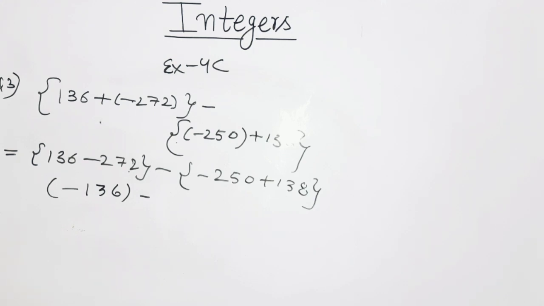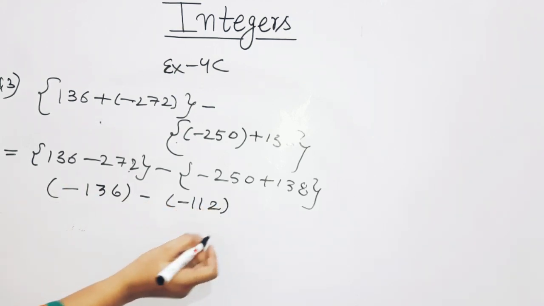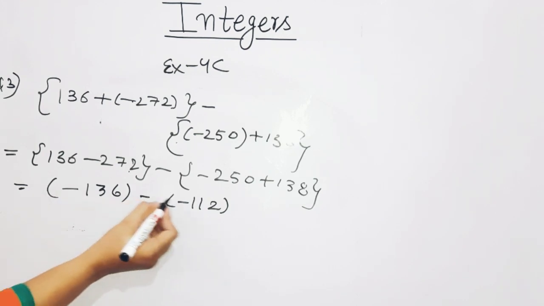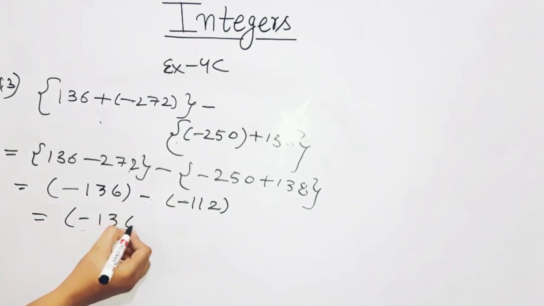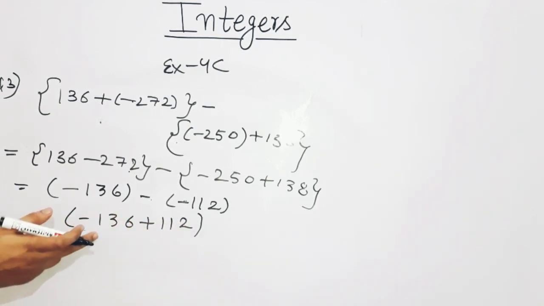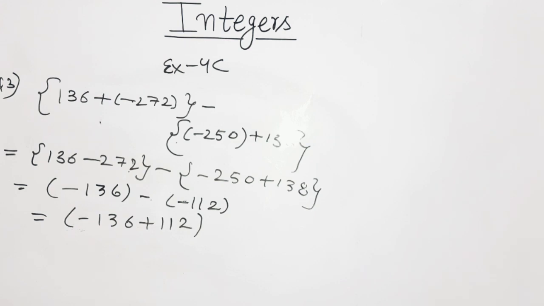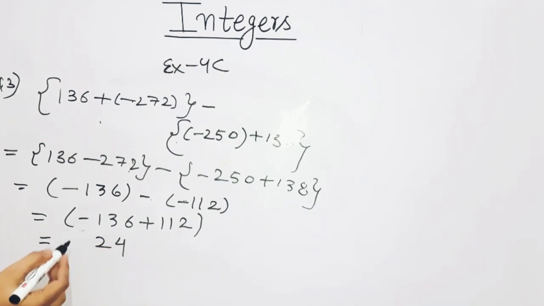हम लोग क्या करेंगे? Minus करेंगे. Sign किसकी लगेगी? Of the greatest number. Now you have to tell me, minus minus is going to become plus. Now one positive, one negative. Can we solve this? Yes. So 136 minus 112 is 24. But the greatest number is having a negative sign, so the answer will be minus 24.